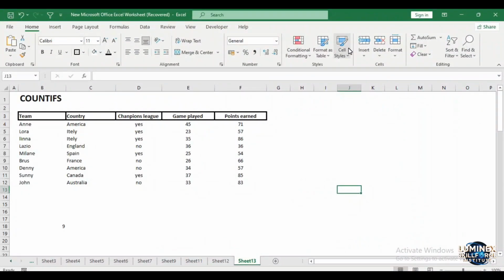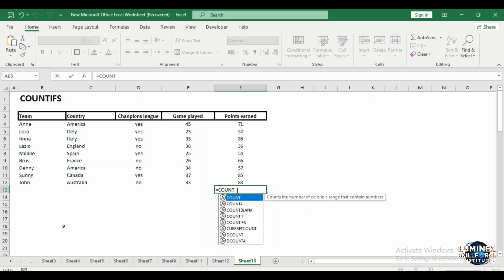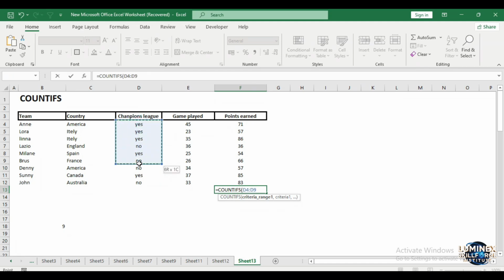The COUNTIFS function allows us to apply multiple conditions when counting cells. Let's look at an example where we count how many teams in our table earned more than 60 points and participated in the Champions League. To do this, we start by typing =COUNTIFS and selecting the first range. This will be the column that indicates whether a team participated in the Champions League. Next, we specify the first condition, which is yes, since we only want to count teams that took part in